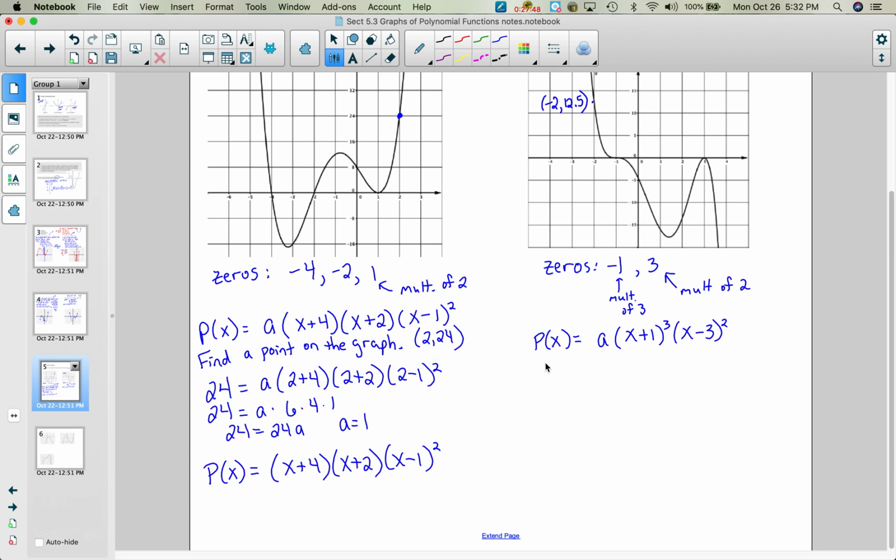So we would have 12.5 equals a, and if I plug a negative 2 in for the x, then I'm going to write it out. So I have 12.5 equals, I'm going to have 3 cubed, so 3 cubed is 27, and negative 1 squared is a positive 1. So then I end up with,